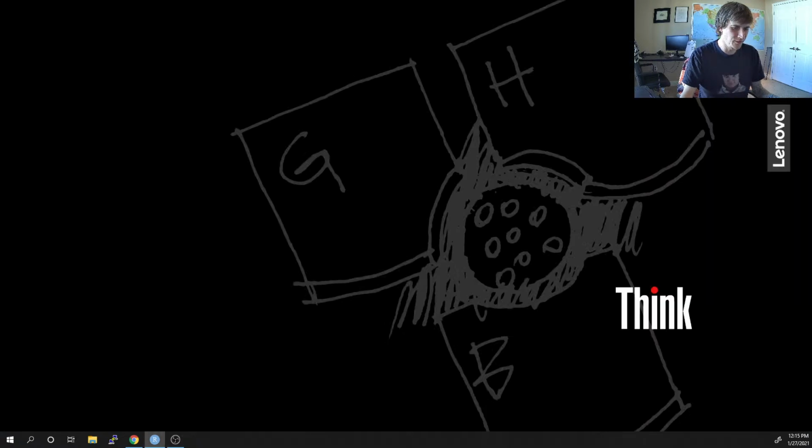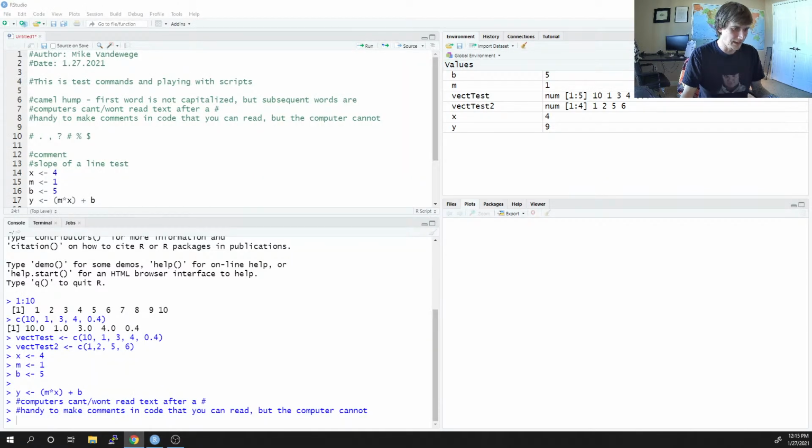You'll kind of pick up this pattern: whenever I'm just playing around, I'll just name stuff test, because I know I'm not really serious about it. I'm just kind of playing around and testing stuff with it. But anyway, so